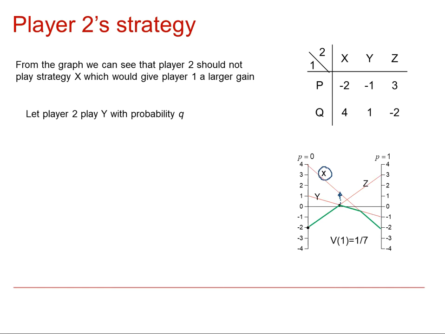And so, what value should they then play their other strategies, y and z? A similar sort of argument says, okay, let's let player 2 use strategy y with probability q, and strategy z therefore with probability 1 minus q. So we can say, what happens if player 1 uses p? So if 1 chooses p, then the gain